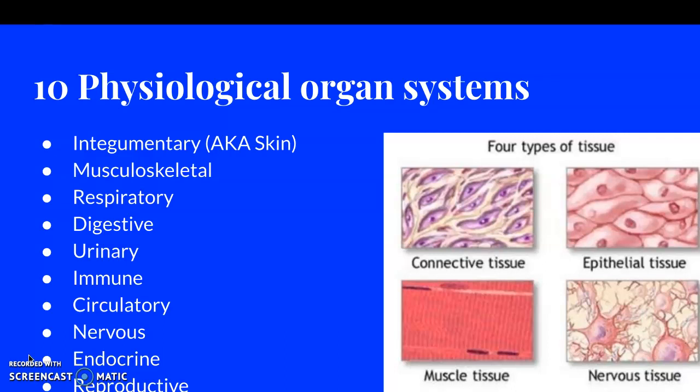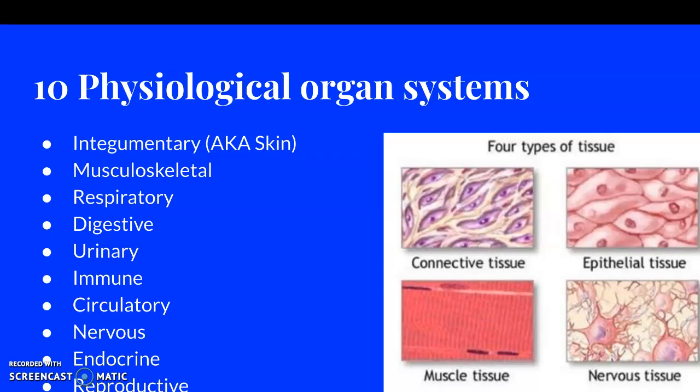We're going to be looking at the urinary system, which is more so related to the kidneys. The immune system, which is looking at the thyroid glands and different things like that. Circulatory, which is more so related to the heart specifically and how it relates to other organ systems. The nervous system, which is looking at neurons, the brain, the spinal cord, those big things. Endocrine system, again, looking at the adrenal glands, and reproductive system, looking at the penis and the vagina, and those big things,